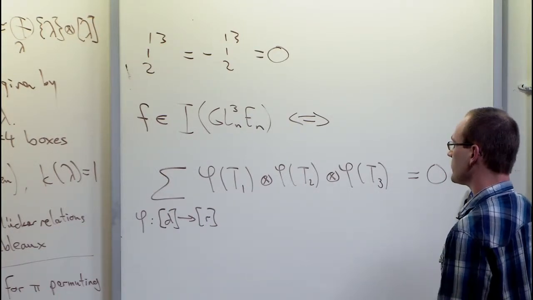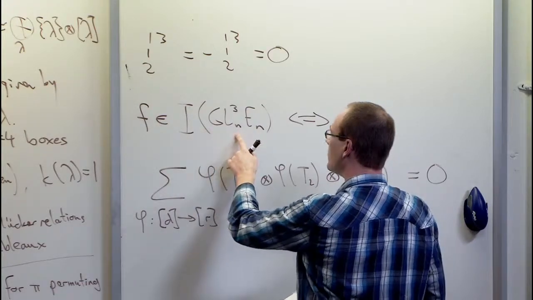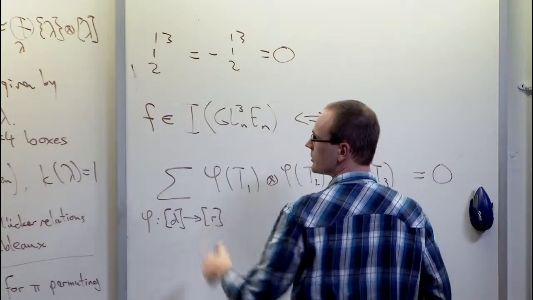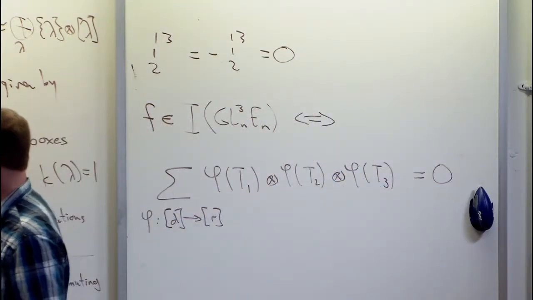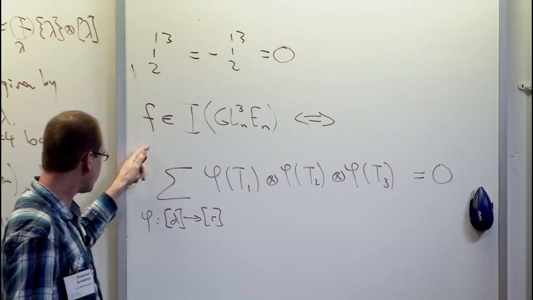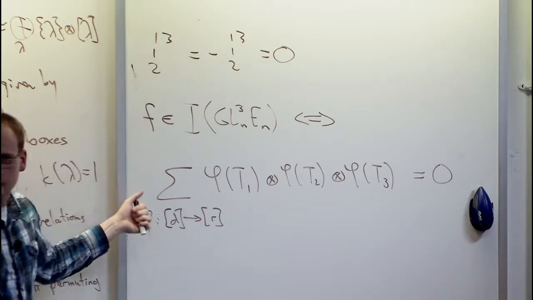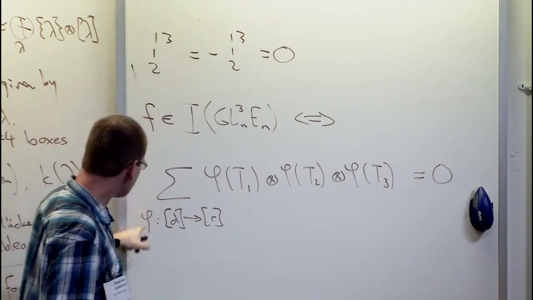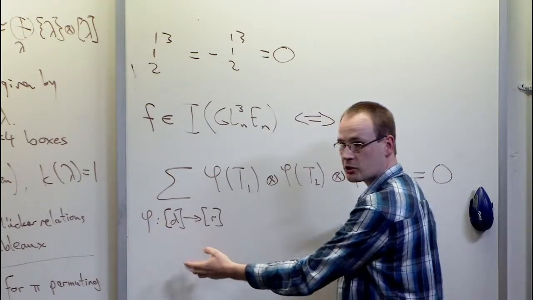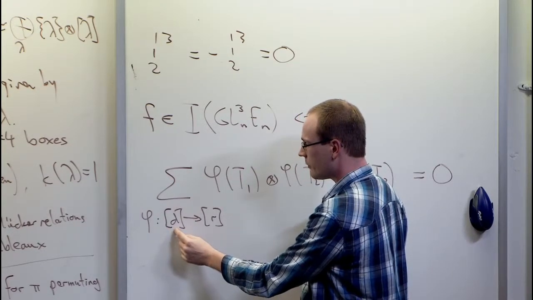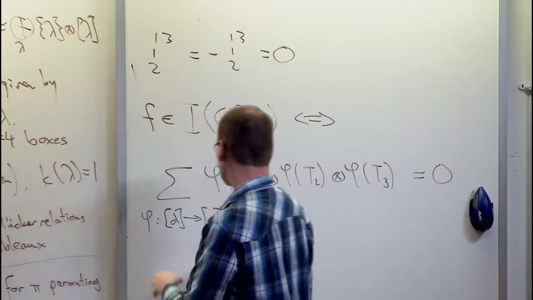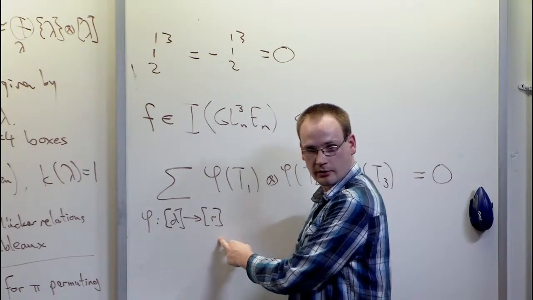Okay? So what happens is, f is here a highest weight vector. Just take a highest weight vector, take this highest weight vector corresponding to this tableau tuple, then this is the combinatorial condition that you need for vanishing on low rank tensors. What is your condition now? The condition is you have these three tuples, you apply your phi, it's a summation of all maps, so all assignments from numbers 1 up to d, so from all these 1 up to 4 numbers, to numbers up to r, which in our case would be 1 up to 3 only.